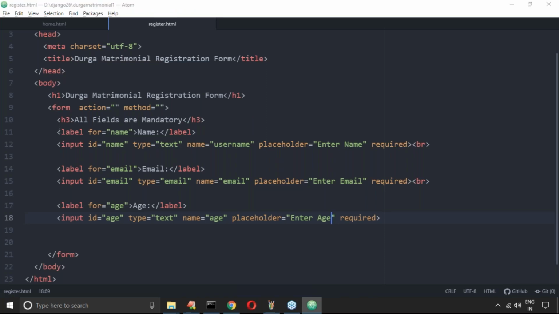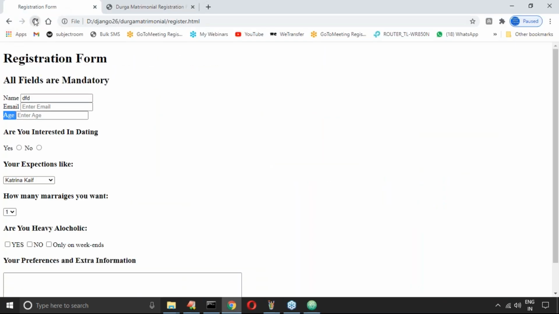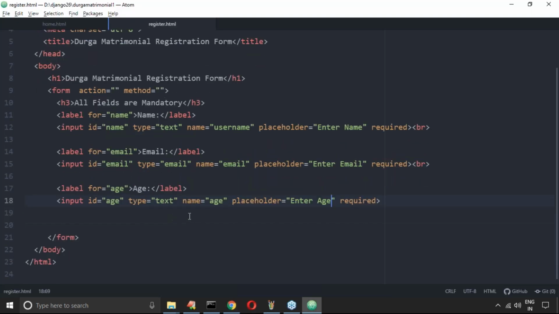So up to this is very clear for you people, right? Name, email, age. Next, are you interested in dating or not? Can I use the word? It may be an H2 tag or H3 tag. Okay, let me take H3 tag.